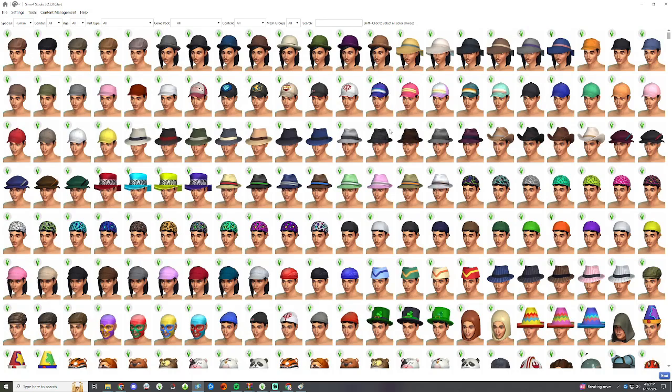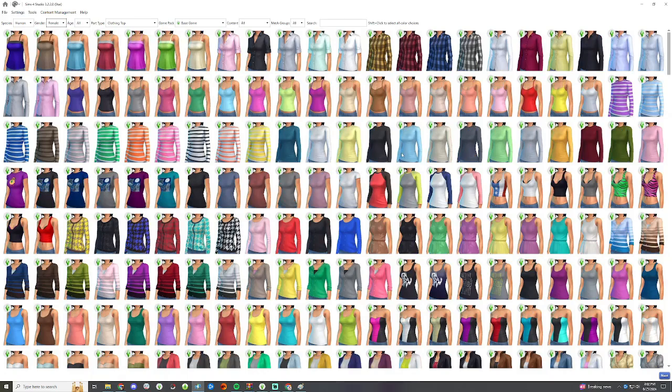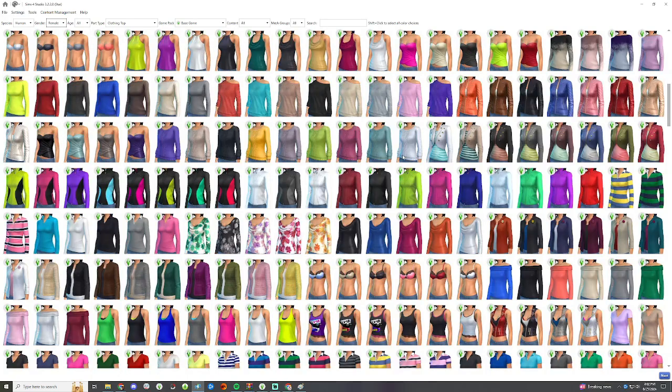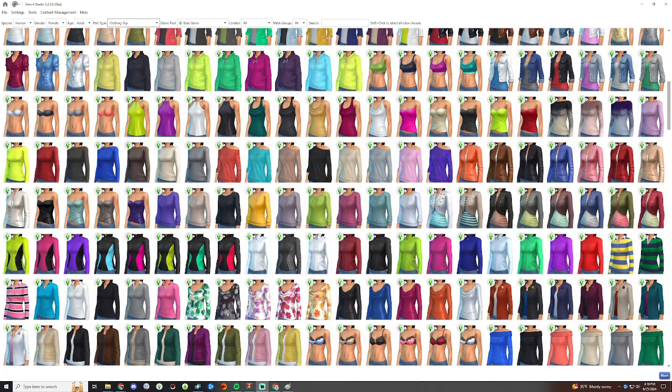We're going to go into base game and we will go to part type, which is clothing top, and then we will do female. And we're going to scroll down until we find this kind of like a salmon type color. You'll know it right away. It's the top that is used for the default underwear. Okay, so here it is right here. And as you can see, it'll